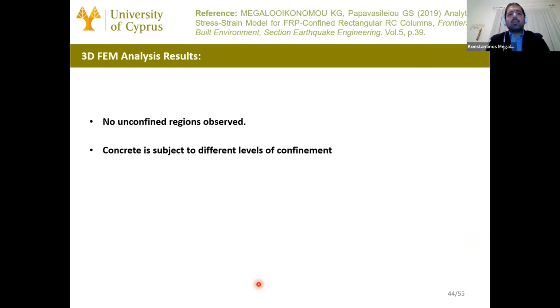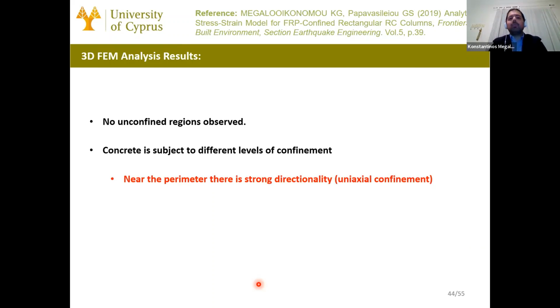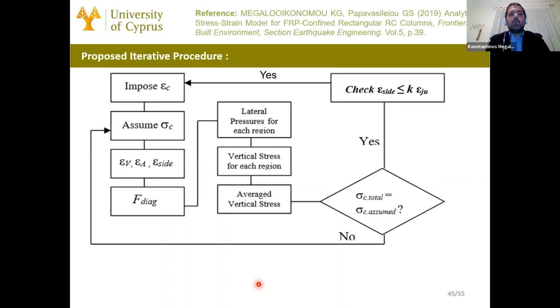The concrete is subject to different levels of confinement. Near the perimeter, there is strong directionality, uniaxial confinement. And near the center, there is more uniformity, biaxial confinement. So we developed an iterative procedure, and after imposing an axial strain at the rectangular or square concrete section,